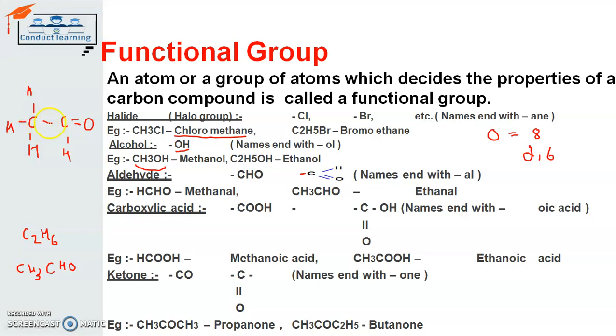That means to say the first of its electrons will be shared with this carbon atom, the second with this hydrogen atom, the third with this hydrogen atom, and the fourth with this hydrogen atom. And this carbon atom will share one of its electrons with this carbon atom, two of its electrons with the oxygen, and one of its electrons with this hydrogen atom. And the structure diagram will show its complete bonding.